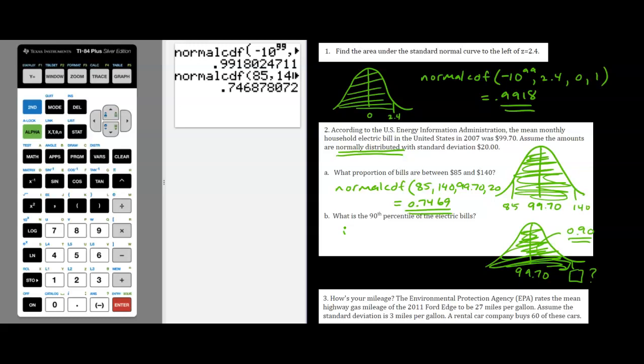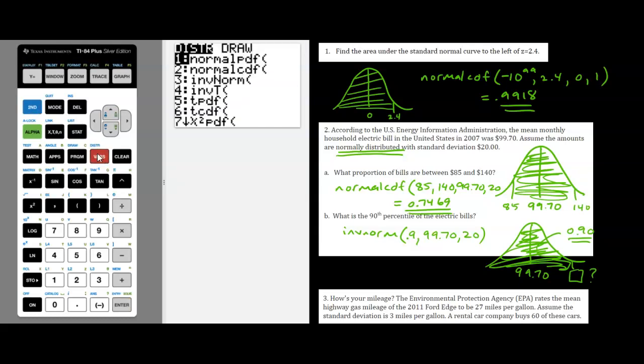And that is the inverse norm tool in the calculator. So you would say inverse norm, enter your area to the left of, it should be 0.9, and then your mean and your standard deviation. And the mean and the standard deviation remain the same in this problem. So let's enter